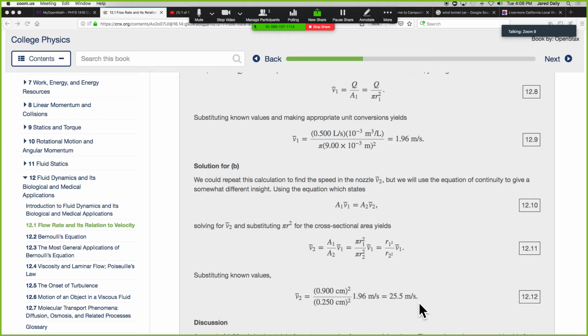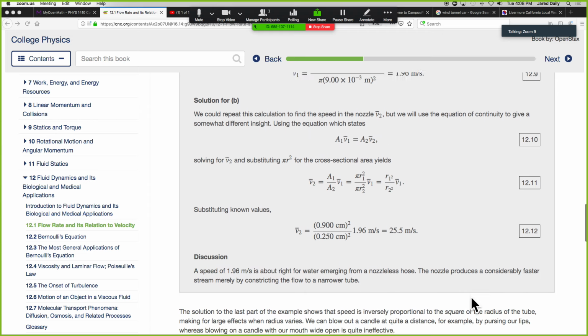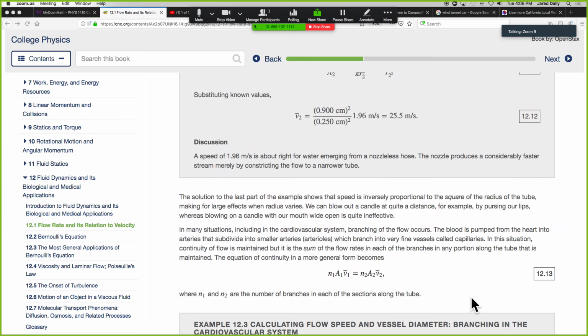And that's what nozzles are designed to do. Nozzles are designed to speed up the fluid. And if it's a garden hose, that makes the water spray further out of the hose because it's coming out of the hose very fast. It travels farther before it falls and hits the ground, which is ideal. That's particularly ideal for firemen. You know,